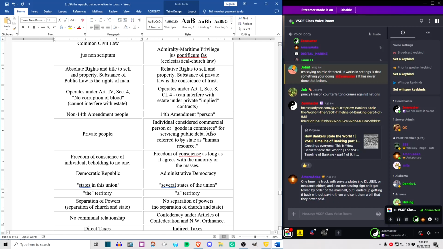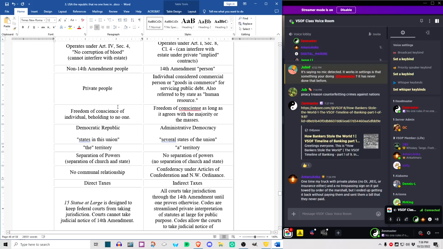But also referred to as a state of human resource, right? This is why you're called a human resource, like a piece of iron or copper or steel. You're a resource. You're capital. Because that's actually what capitalism means. Cap, meaning capit, head. Capitalism is a system that derives a profit off of your head. That's what it is. It's not free trade, right? Capitalism is a system that derives a profit off of your head by everything that's in this right-hand column here.